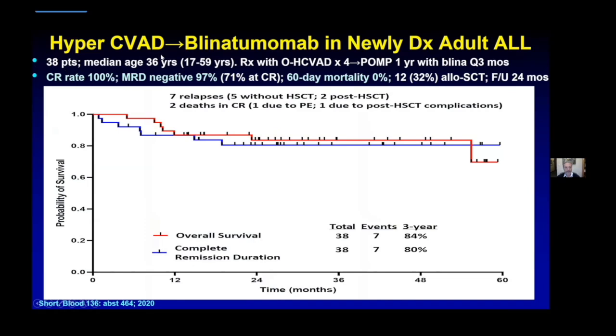The CR rate with this regimen is 100%. MRD negativity, elimination of the disease when we look at 10,000 cells, is 97%. It's well tolerated, 2 months mortality negative. And look at now the estimated 4 year survival. It is 80%, almost as high as the estimated survival in children with ALL without the 3 years of the